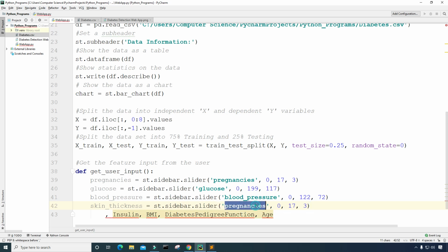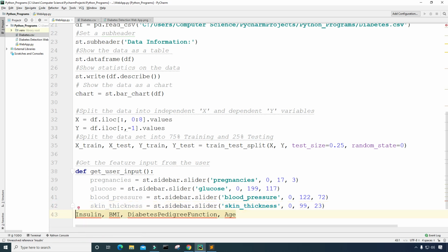All right, and then we're going to call this skin_thickness, and I'm going to start it at 0, and it's going to end at the value 99, and let's default this at 23. All right, next we have insulin, so I'll make that lowercase. Let's come over here